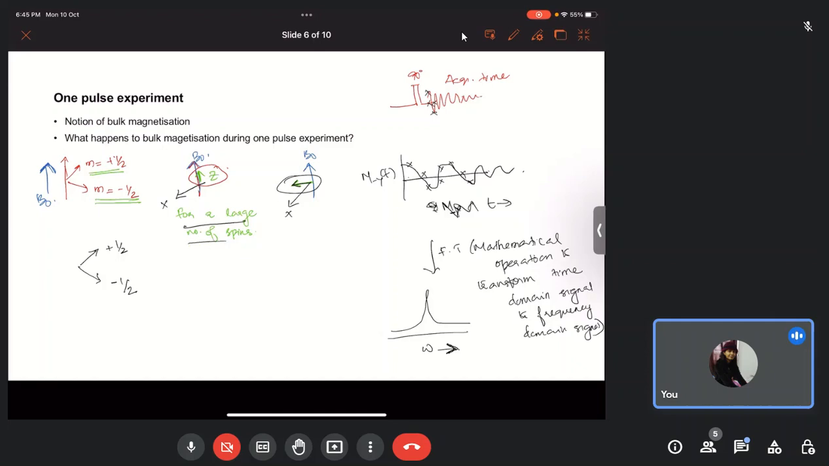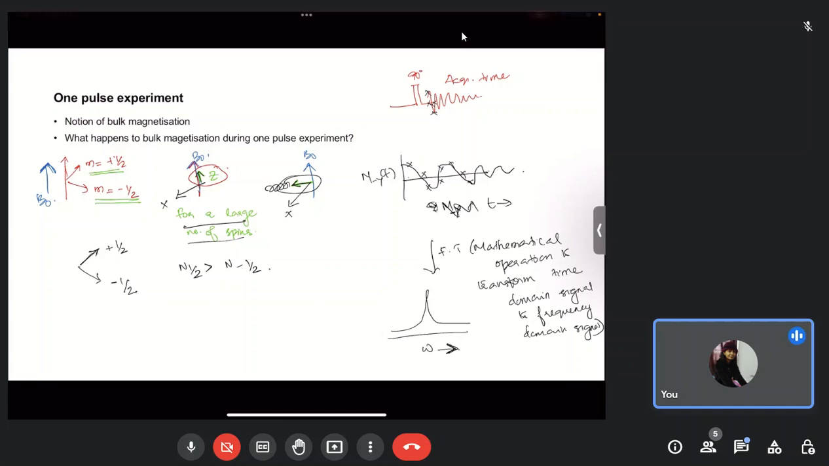For a large number of spins, the number of nuclei with m equal to plus 1/2 is going to be higher than with m equal to minus 1/2. This in turn generates a magnetization along the z-axis, which is also the direction of the bulk magnetic field, and you are going to flip that magnetization to the transverse axis where the detection coils have been kept. So the detection coils are somewhere in the transverse axis. What you do is flip this magnetization to the transverse axis to detect it,